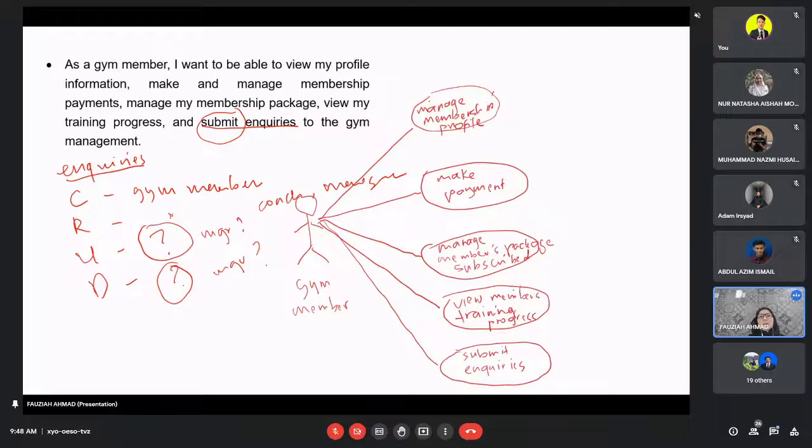Ya, maksudnya gym owner kata tak mau ya, gym update, manager pun tak nak update kat situ. Manager mungkin cuma boleh update the status, tapi the description about the enquiries cannot be updated. Ya. So benda-benda macam tu, the details of it, sometimes you have to go back ya to the you punya